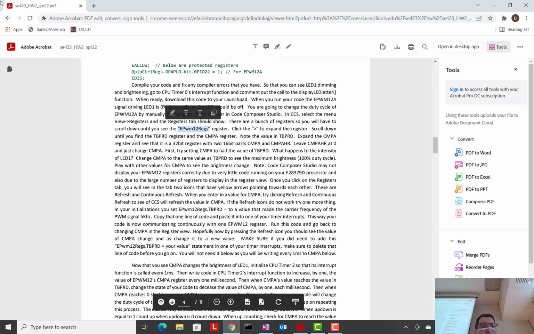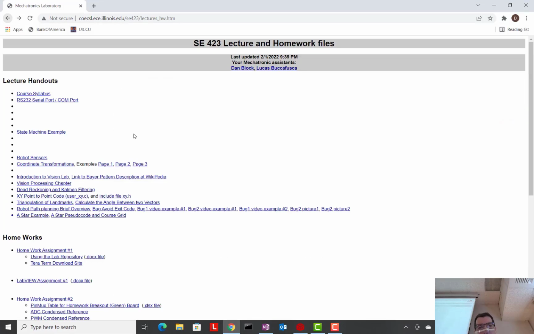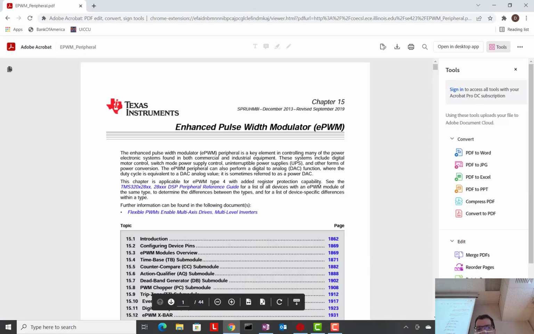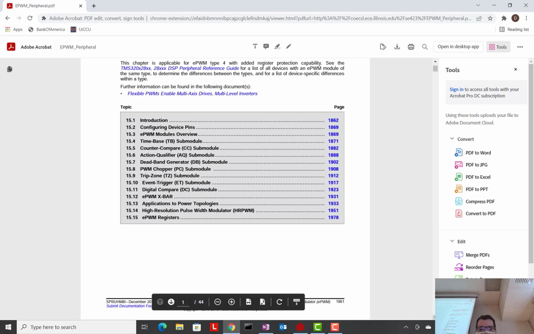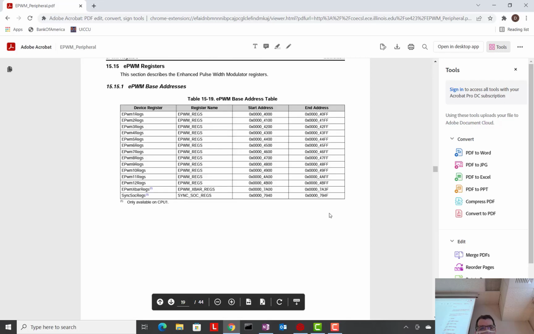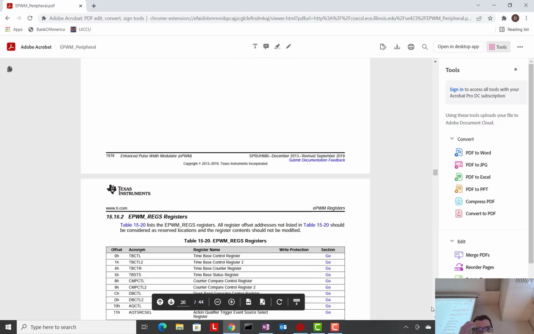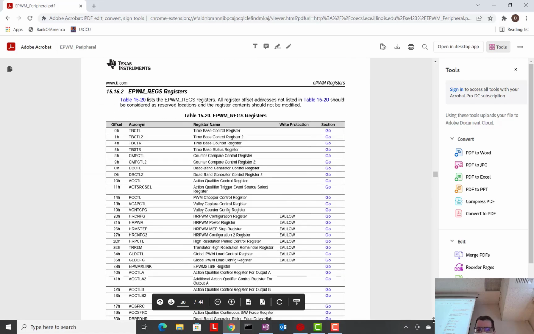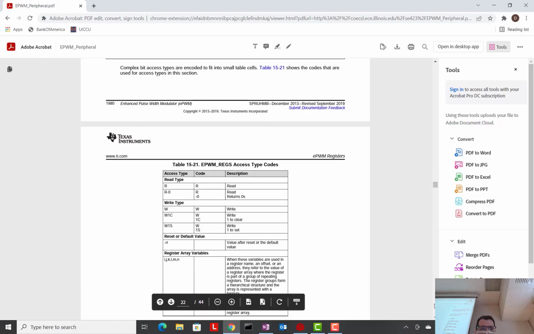So if you go to the website and you go to my condensed references, see right here, and we go to the PWM condensed reference, you go down to the register section of this document, and let's see, one more page down, and here's all the registers possible, okay? The ones we're going to use, the ones we aren't going to use, I cut out of this